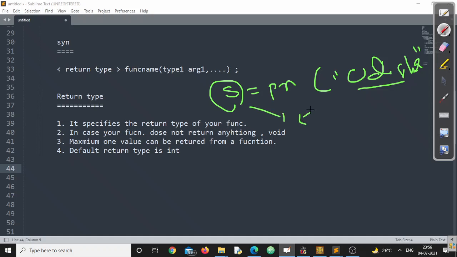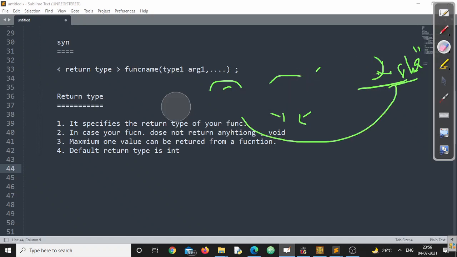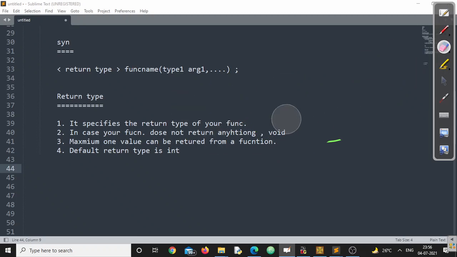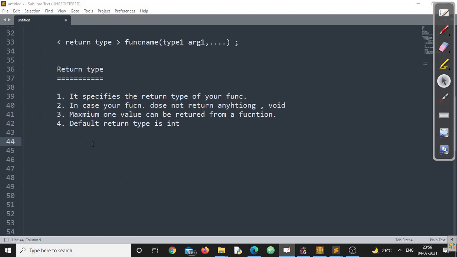So it returns the total count of characters into s. This is what return is. Return means your function will return a value to the function where it is called. We'll look into that.